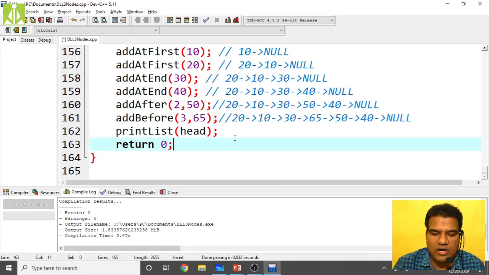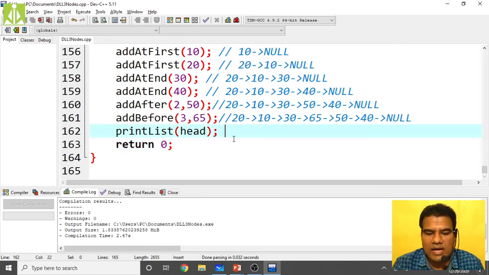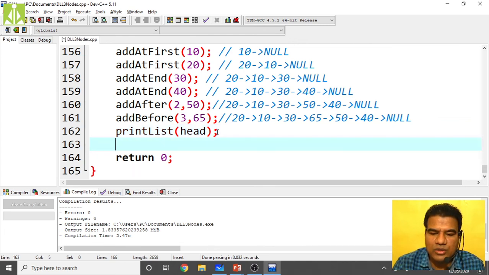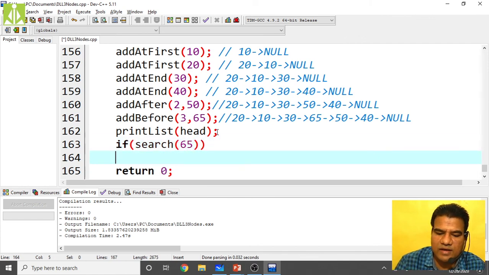So now I will do the comparison. After printing, I will do the search operation over here. Whatever search I am performing, search of 65, we already know 65 is there.